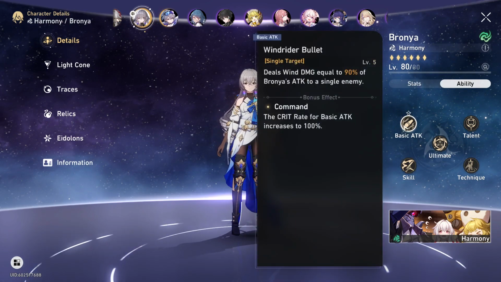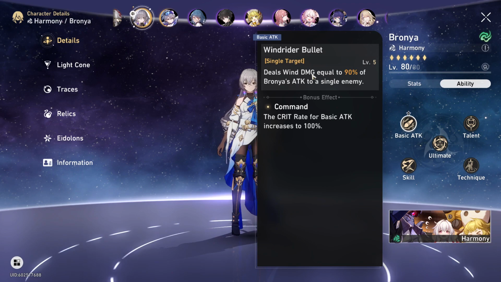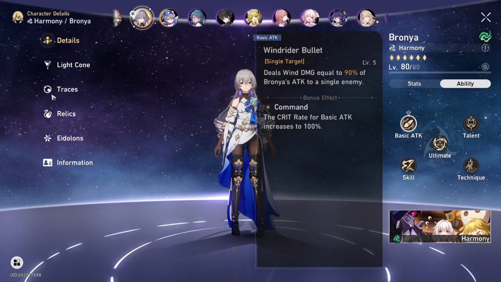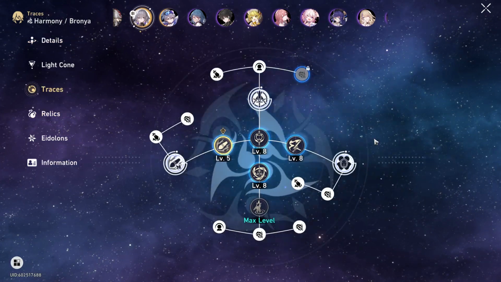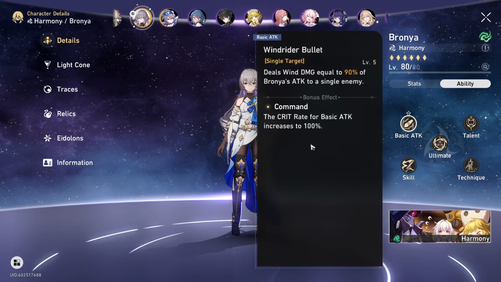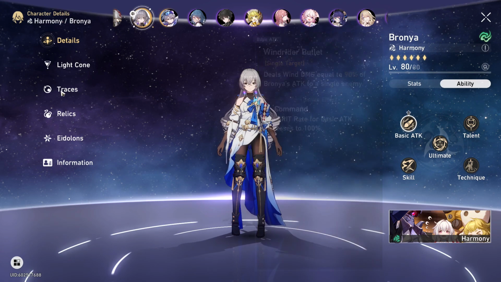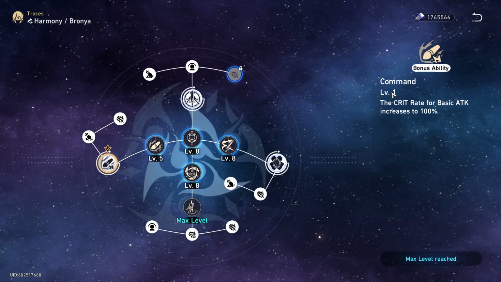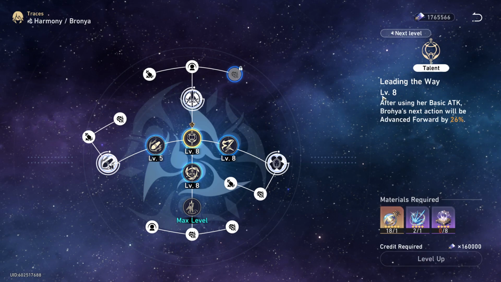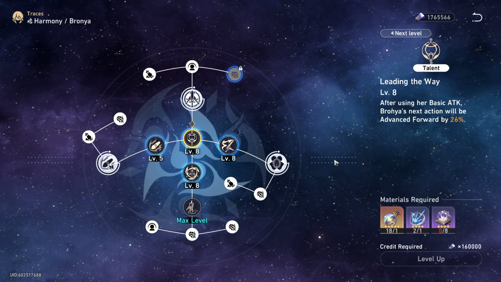And then lastly, the other thing to look at when analyzing Bronya is her single target skill Wind Rider Bullet, which is her basic attack. It's a simple basic attack, it just deals a percentage of her attack to a single enemy. You can upgrade it more to get like 100% at level 6. But yeah, it still does pretty good damage, and the other thing about it that you might not know is with Bronya's traces, I believe it's this one, or, well, that one as well, but no, it's her talent, actually. Leading the Way, it will advance her next action by a certain percentage depending on how much it's upgraded,